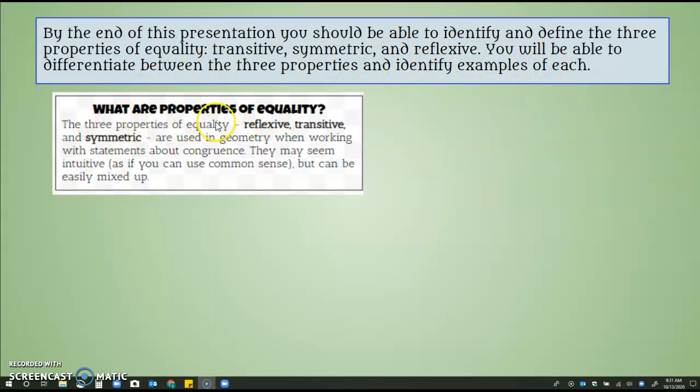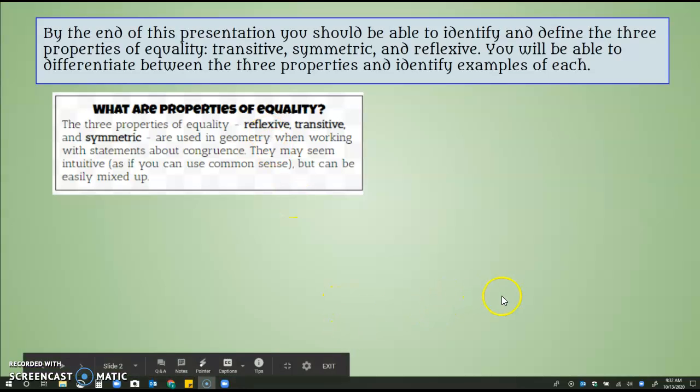The three properties of equality, reflexive, transitive, and symmetric, are used in geometry when working with statements about congruence. They're used in algebra when we're working with statements about equality. They may seem intuitive, as if you can use common sense, but they can be easily mixed up. So just make sure that you are finding ways to keep these in your brain. So as an overview,